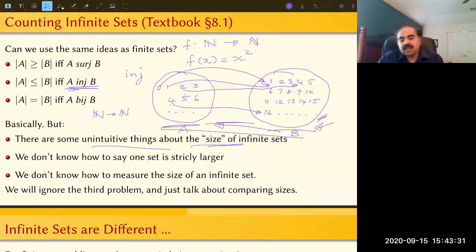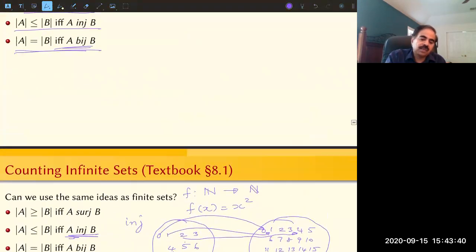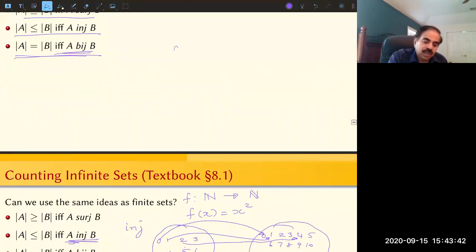So that says something unintuitive about the size of infinite sets. You can construct several other examples. So for instance, if you think about a function f from N to N, where f of x equals 2x, well, once again, on the right, all the even numbers will be covered. All the odd numbers will not have any arrows coming in, right? And on the left, of course, there's an arrow coming out of every number, right? So that's another very simple example of